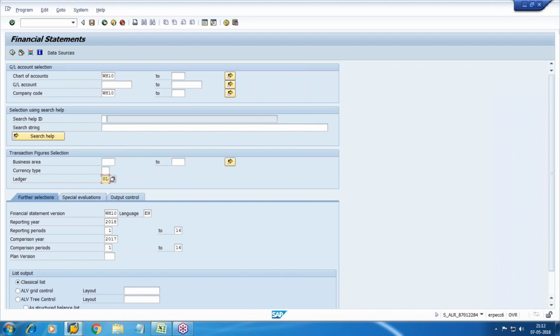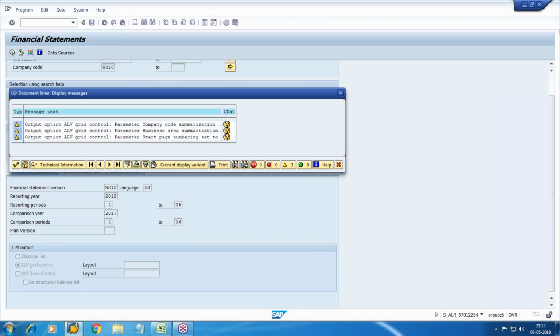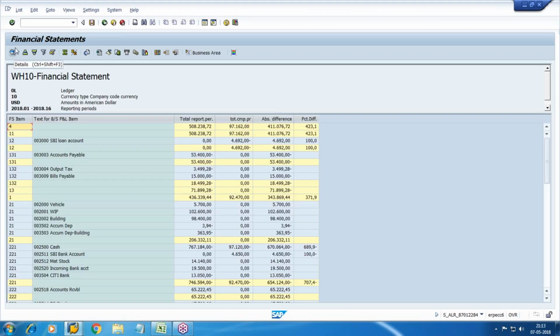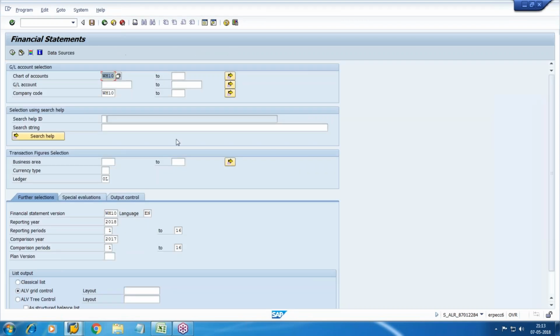So you can run the report for leading ledger as well as non-leading ledger also. So this is your financial statement version just now we created. Okay, this is for comparison purpose, 2017 comparison. Select any format from this. Let's say I will take ALV grid control. Now execute. In this format it is difficult. Okay, we'll take